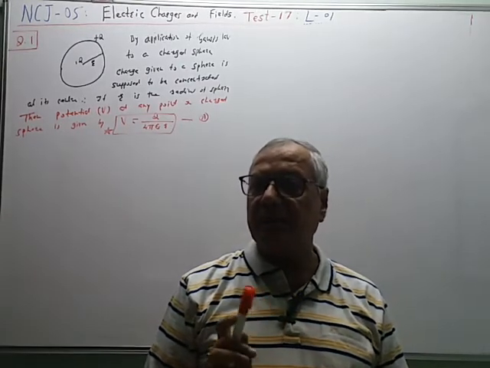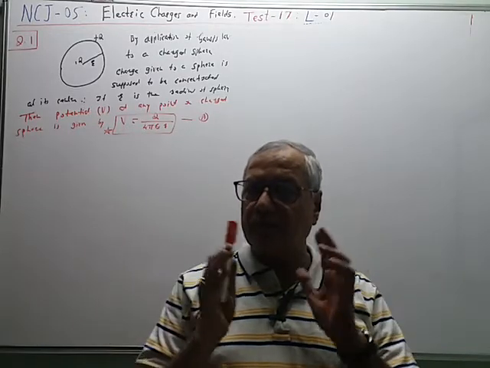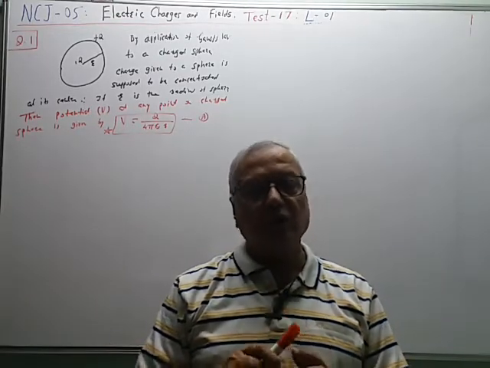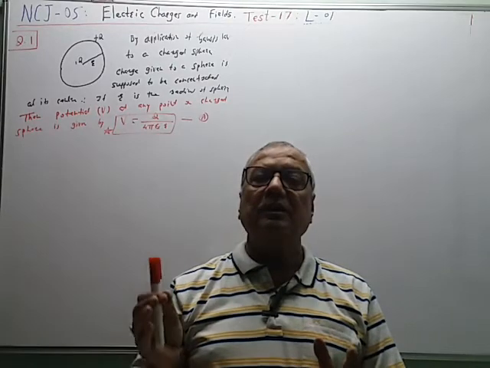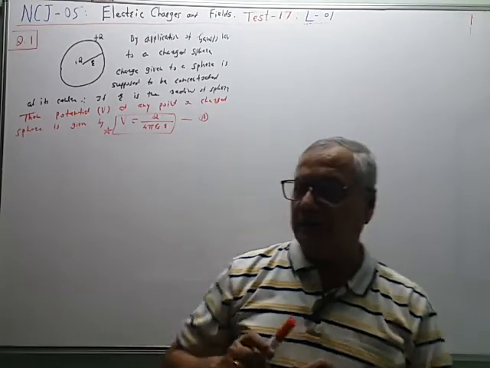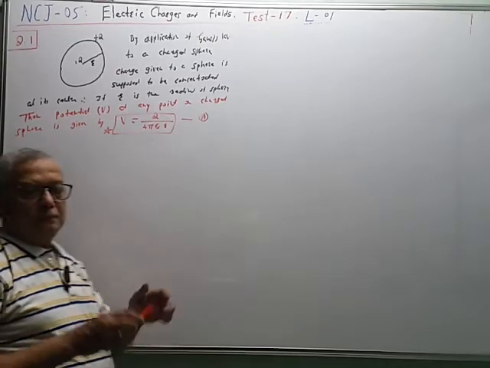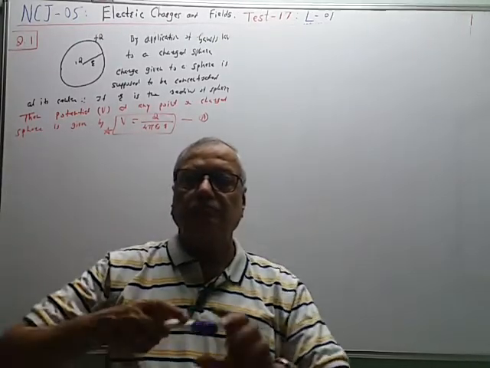Like center of mass, we explained this concept earlier. Whole mass of the sphere is supposed to be concentrated at its center, called the center of mass. Whole charge given to the sphere is supposed to be concentrated at its center, and therefore the center of the charged sphere is called the center of charge, and therefore potential at any point on its surface is given by this. Now, after knowing this theory, we will start